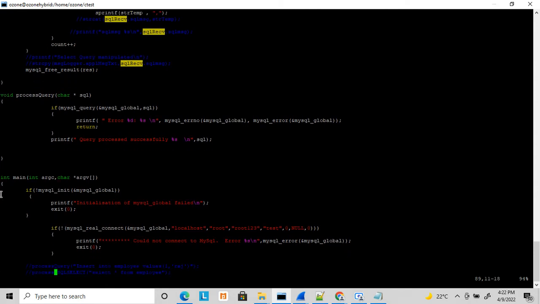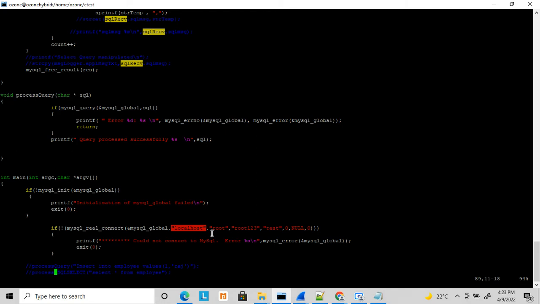Initially you have to init the MySQL connection with this global variable. Once the object is created, then you have to call the MySQL real connect function. Here I am just connecting to the local host, my local system's